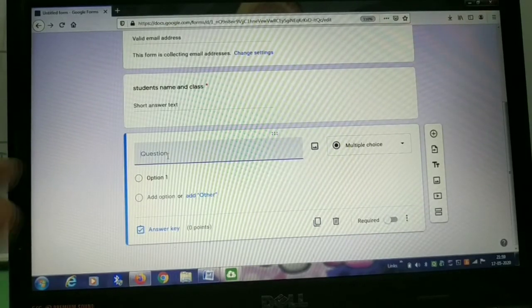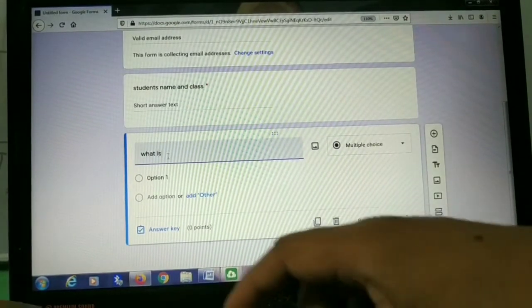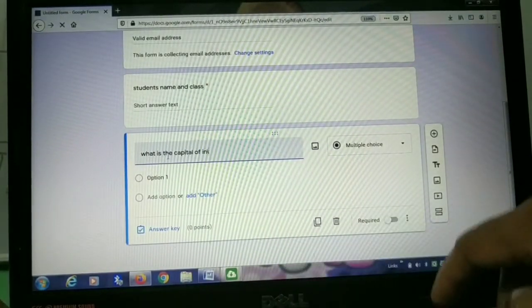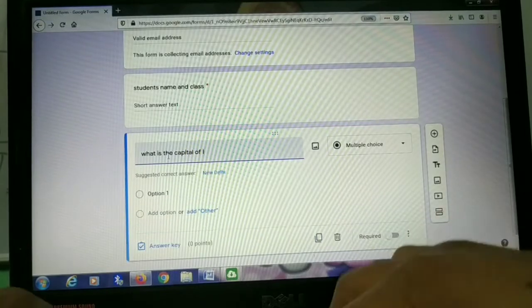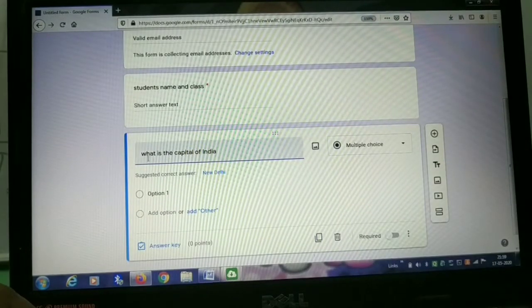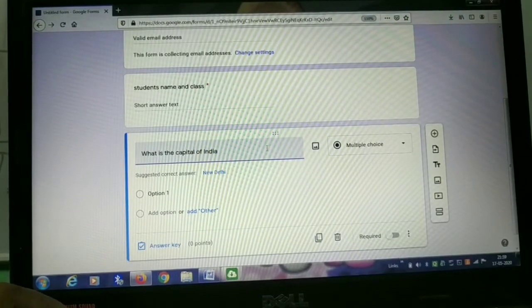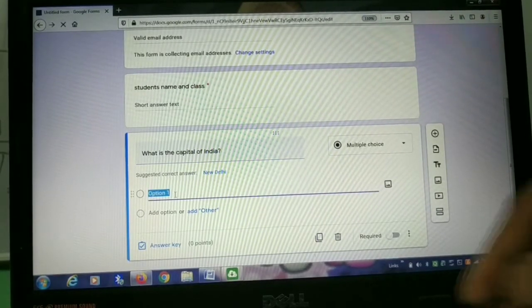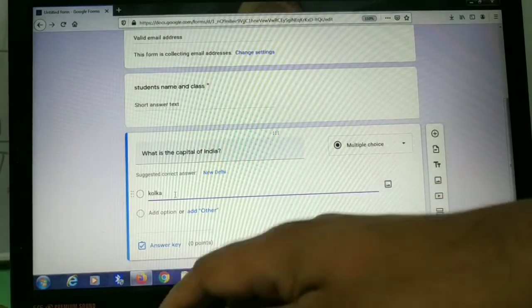The good thing is you can type the question here, like, let us say, what is the capital of India? Type option 1, let us say Kolkata.